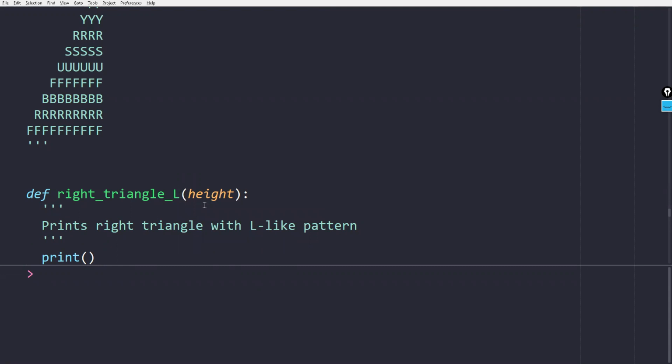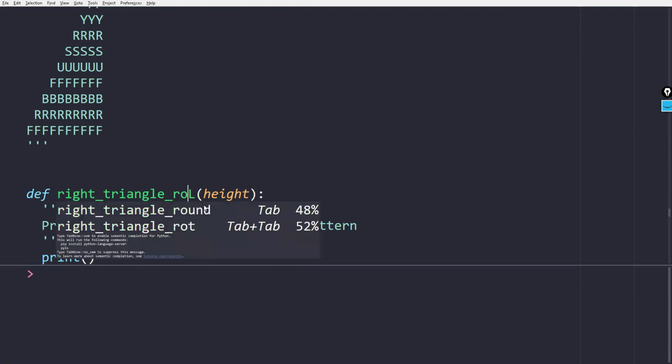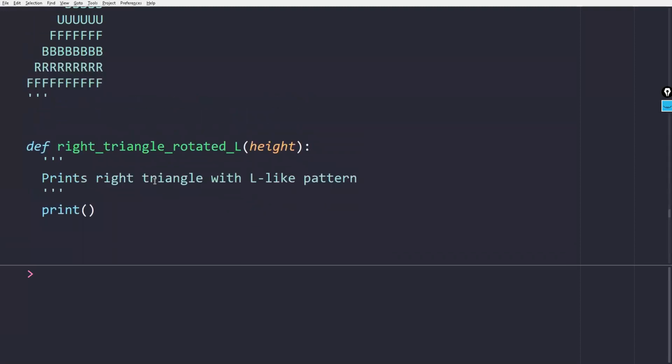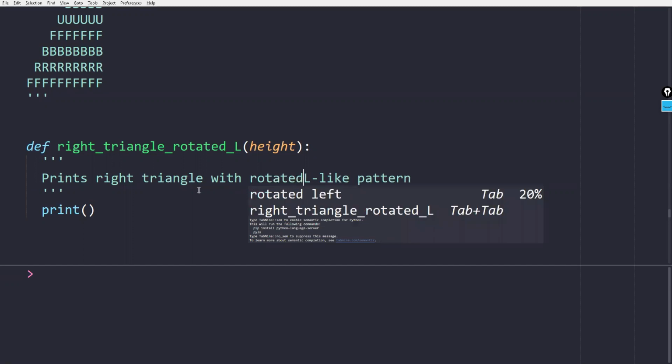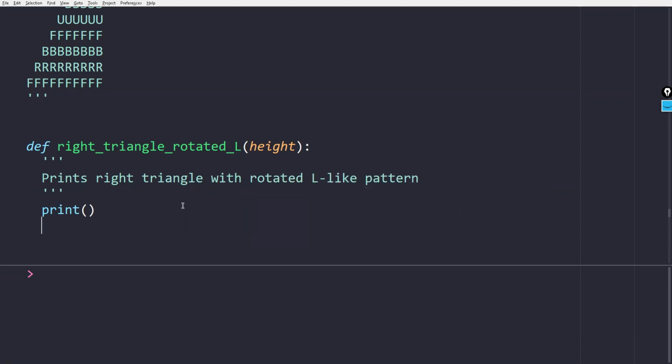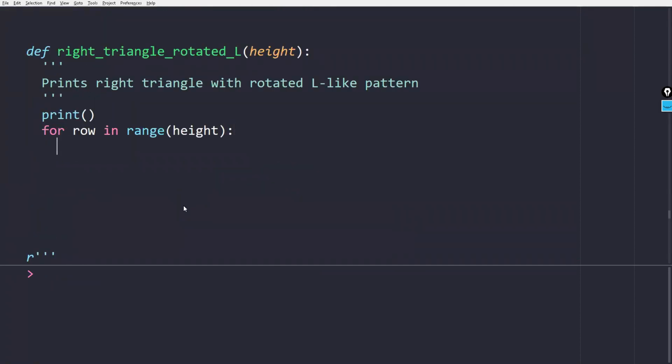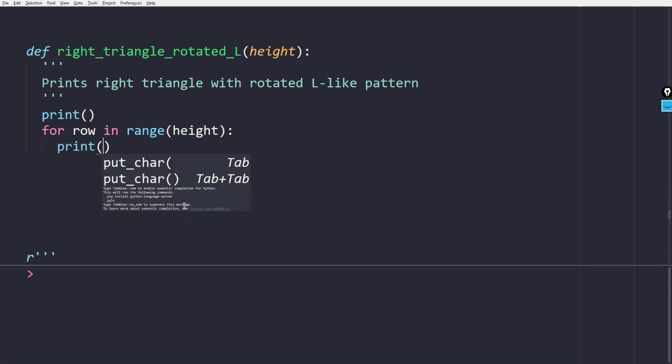Rotated L. Okay, right triangle rotated L. Right triangle with rotated L-like pattern. So for rows in the height, I will print the blank spaces. Print just the blank spaces multiplied by